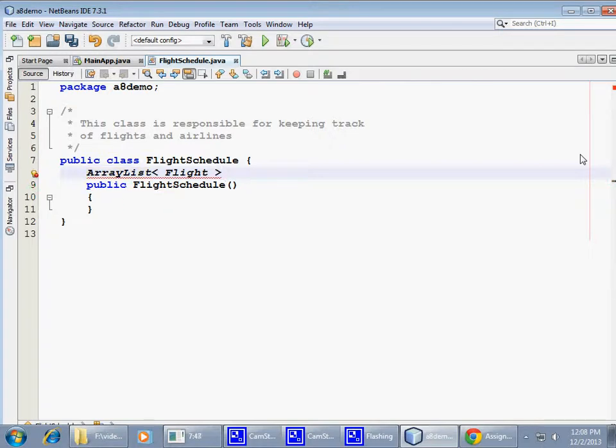Array list of flights. We definitely know that the list of flights has to be dynamic. We don't want to use a Java array. We want to use a more generic collection of objects which are flights, and therefore we need